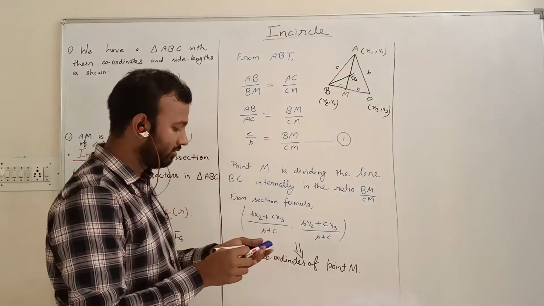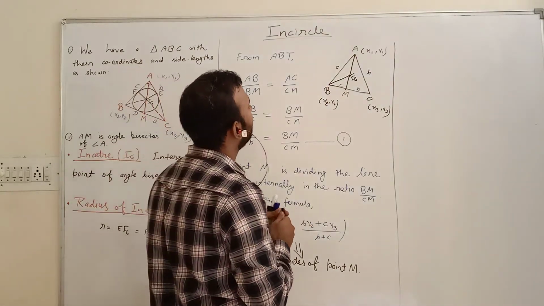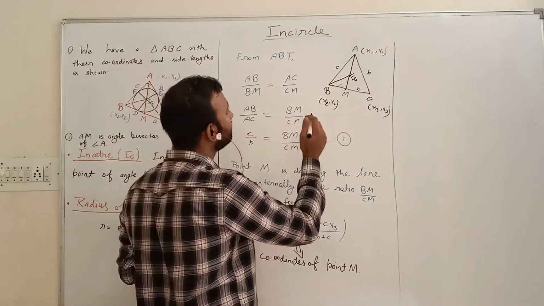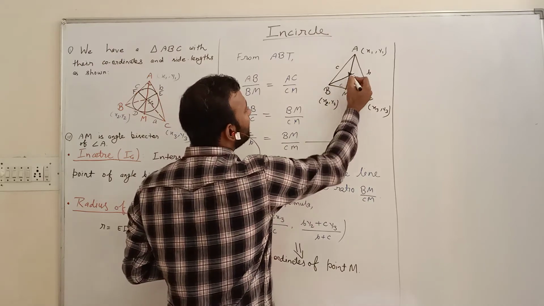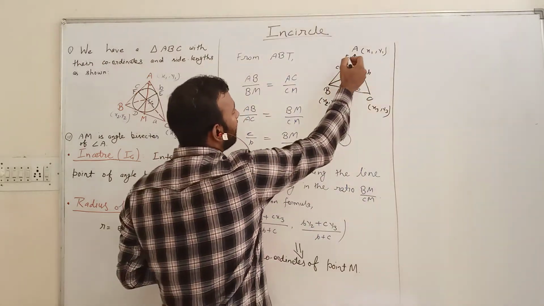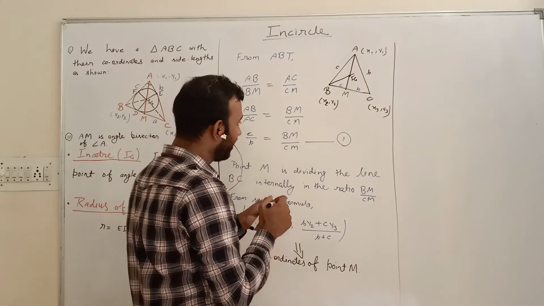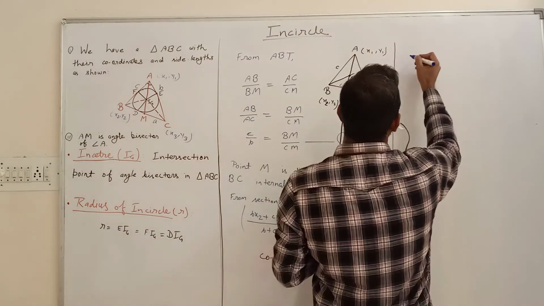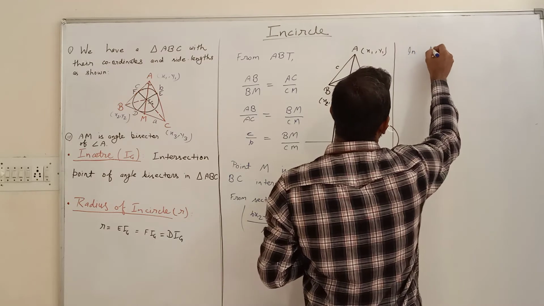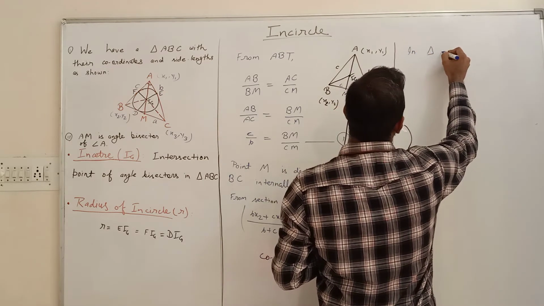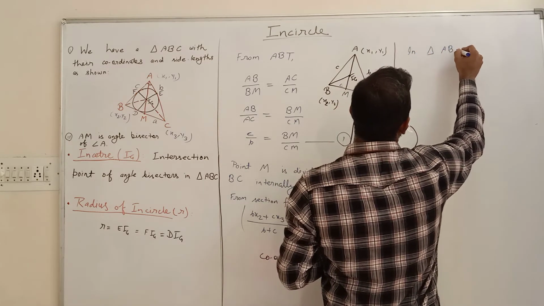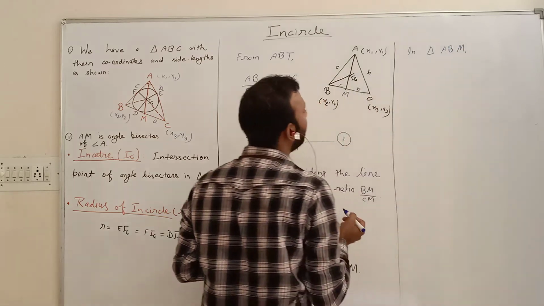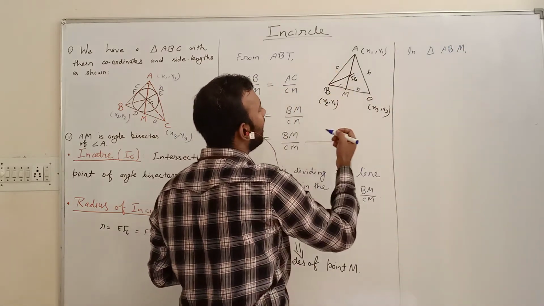Just see, and please pay attention here. BIZ is the angle bisector in triangle ABM. Okay, so in triangle ABM,